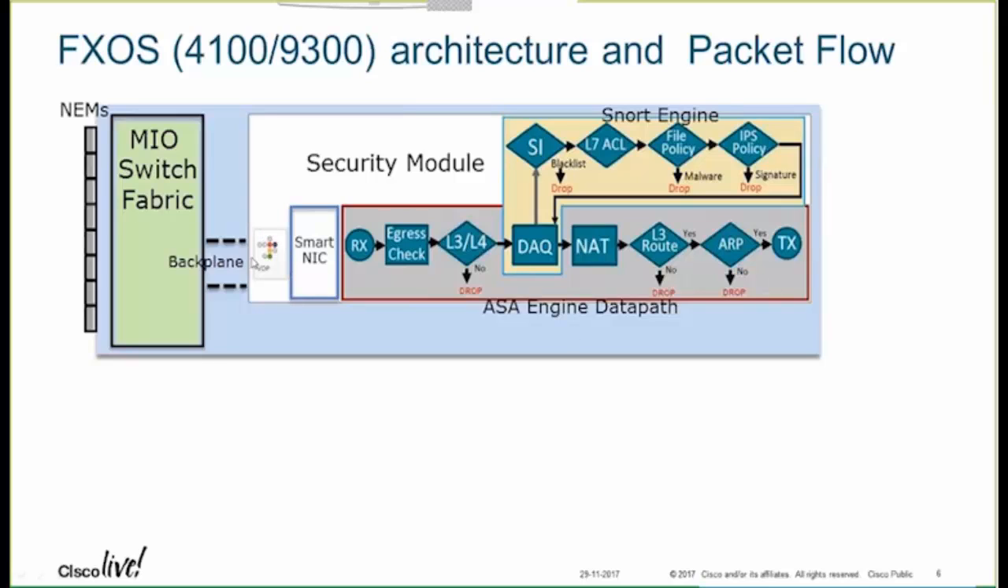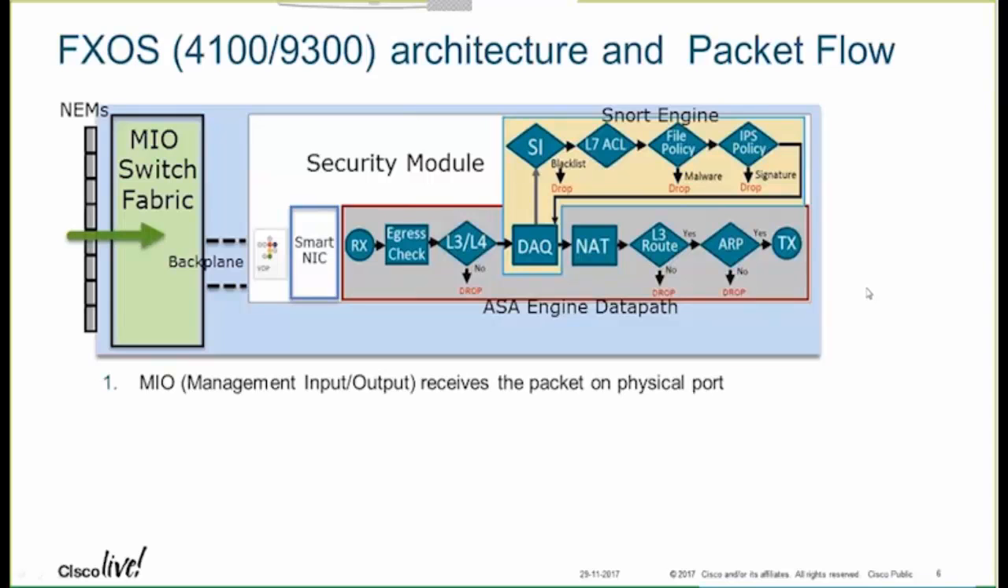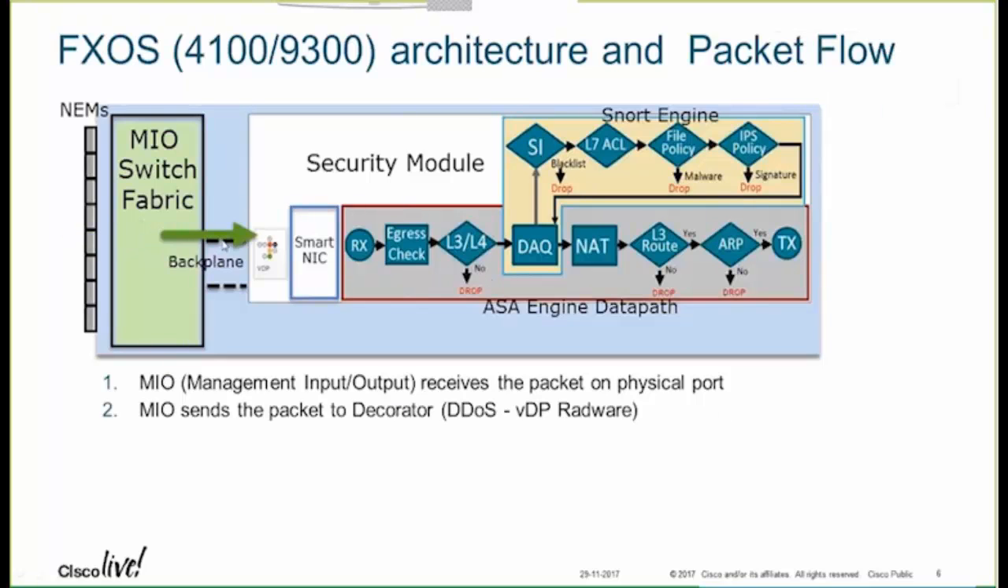And now this is how the traffic flow looks like. Initially the first packet comes in on the network Ethernet modules, and once the packet arrives there, it is sent to the MIO switch fabric. From the switch fabric, the traffic will be hashed and sent to the VDP initially, in case you have installed a VDP application. But in case there is no VDP installed, the traffic would be sent to the FTD directly or the ASA directly. In this case, I have a VDP installed, because of which the traffic is first sent to